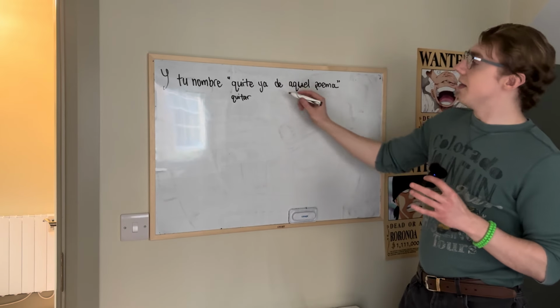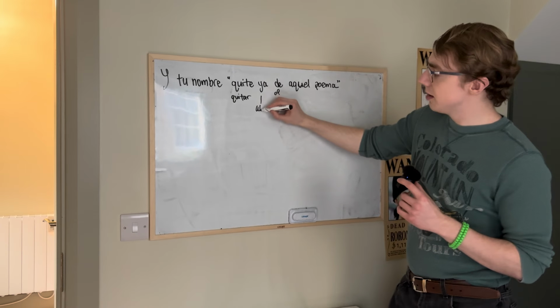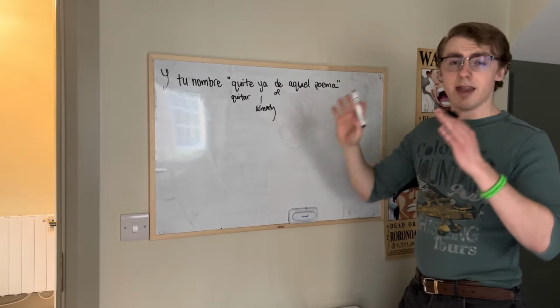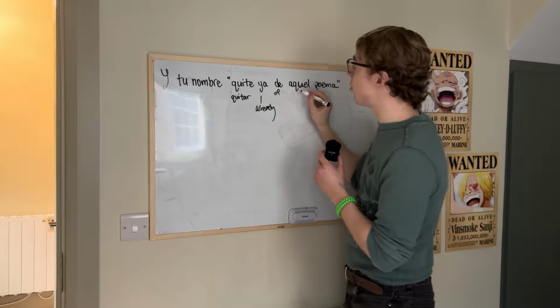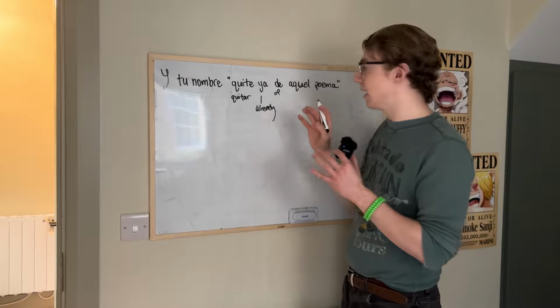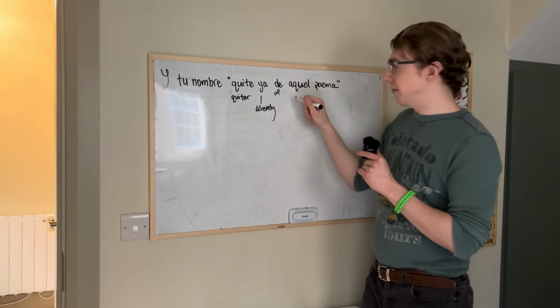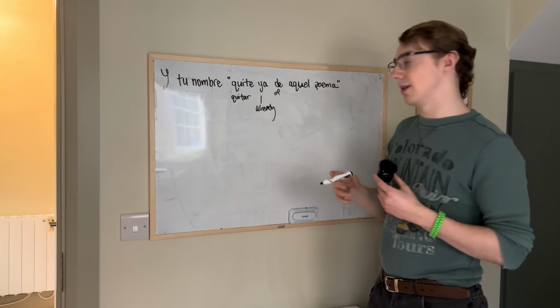Quite ya de, of, so this is already, ya is already, and then de, of, aquel, that. So this word isn't going to be used a lot. You might say like ese poema to say that poem, but it's still there. Aquel, it's a little more formal sounding. That